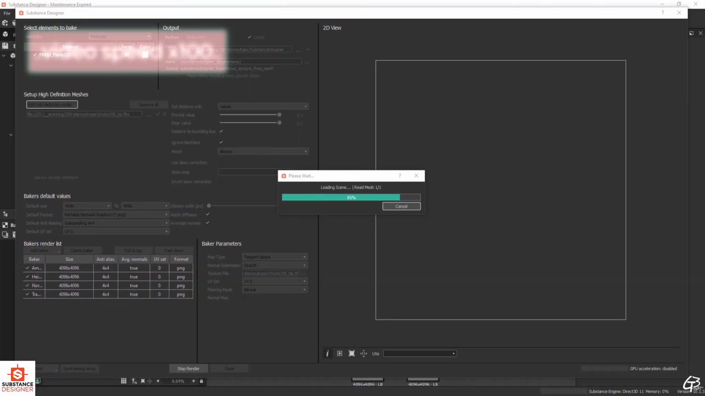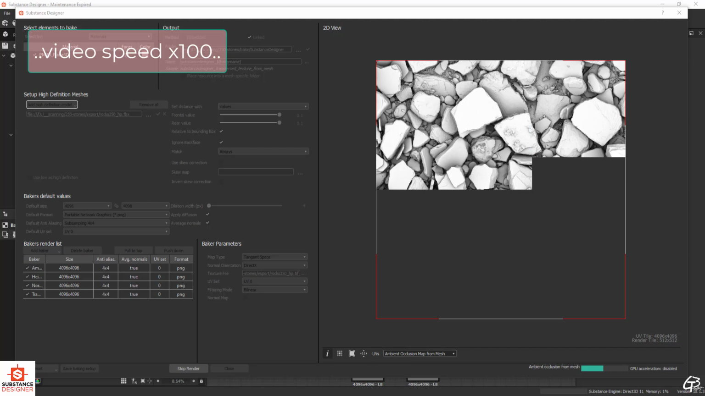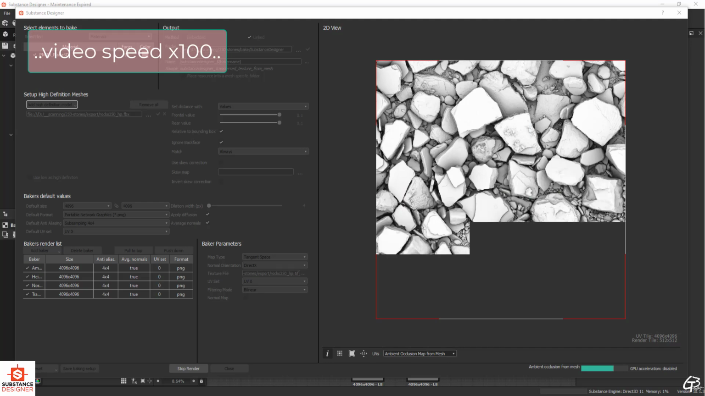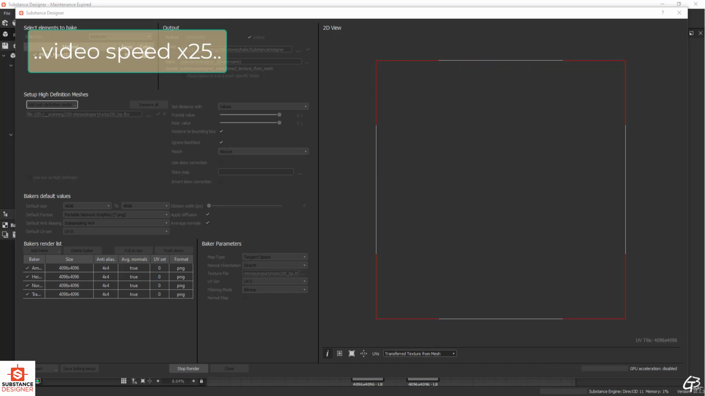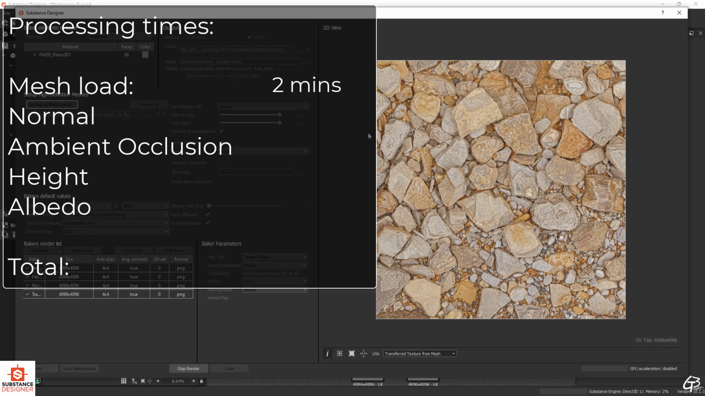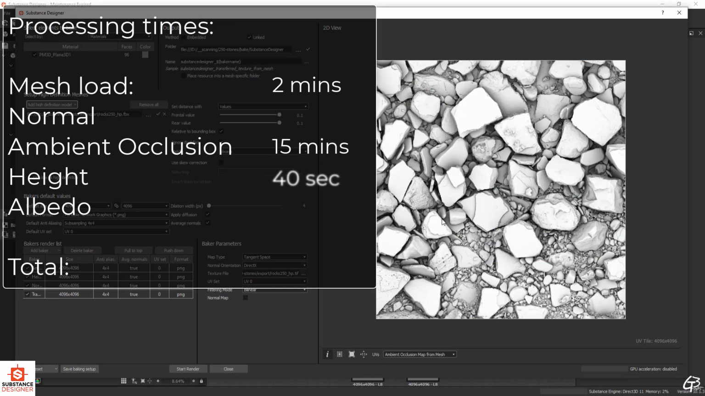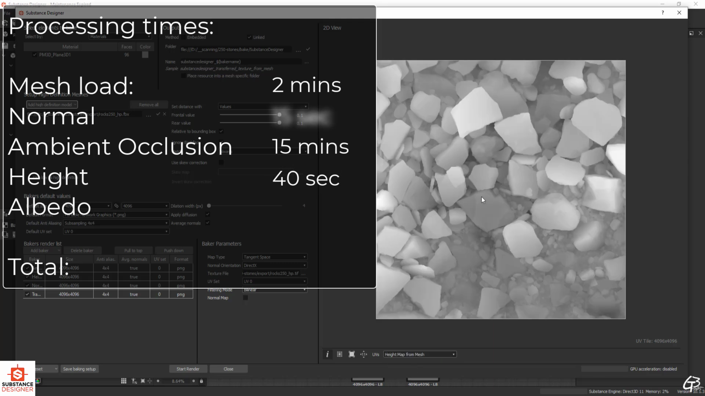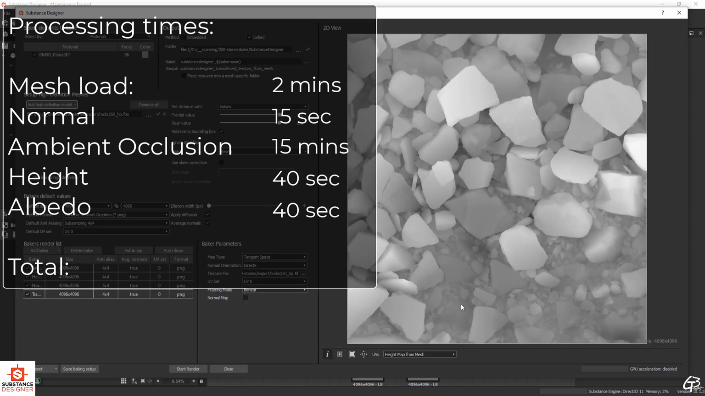Let's speed the video up a bit as this part of the process takes some time. At this stage, the baker has to load our high poly model and start baking textures. It took Substance 2 minutes to load this high poly mesh, 15 minutes to bake the ambient occlusion map, 40 seconds to generate the height map, 15 seconds to get a normal map, and 40 seconds to bake the albedo